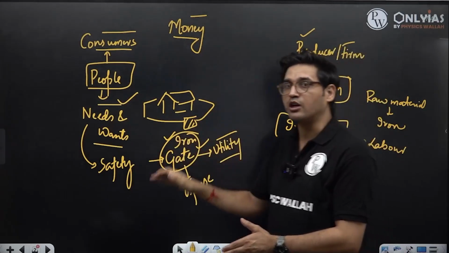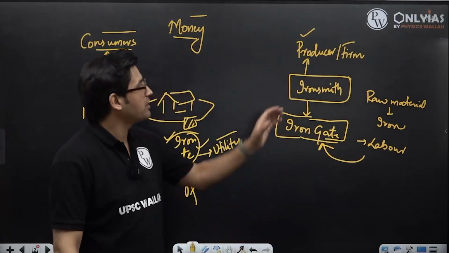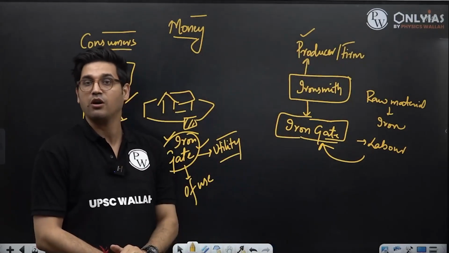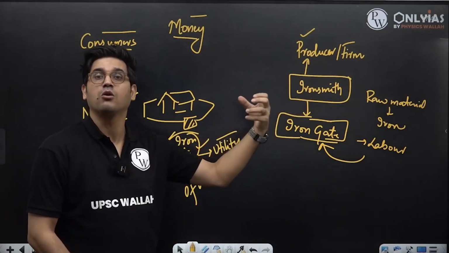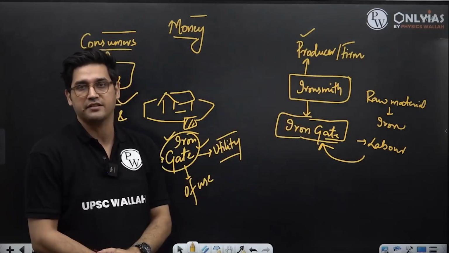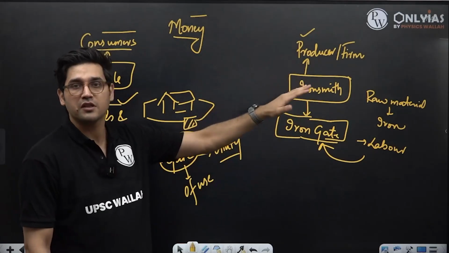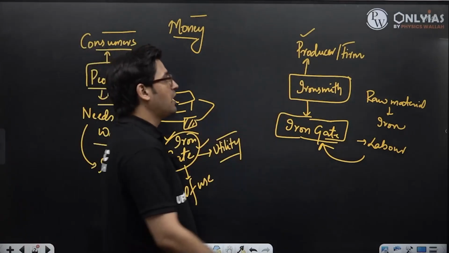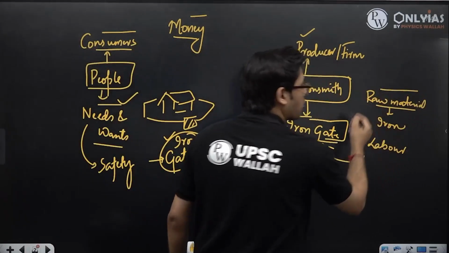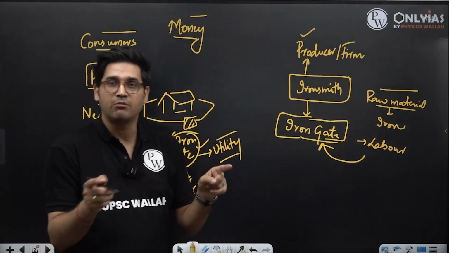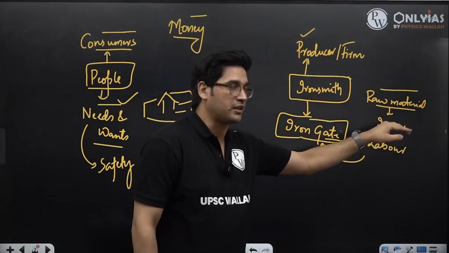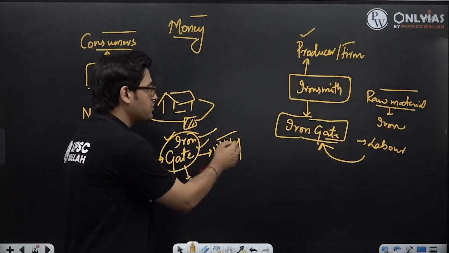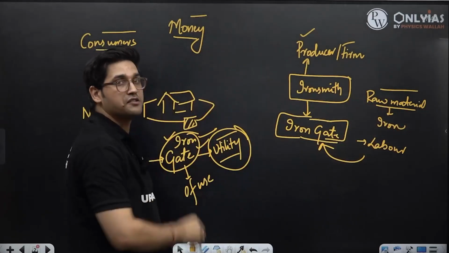In the same economy, there is a different economic agent in the form of a producer, or what we also call firms. Firms or producers are who? Who are these as economic agents? Firms and producers are those economic agents which will source raw materials as are available in the nature, and they will transform these raw materials into these items which hold utility for the consumers.